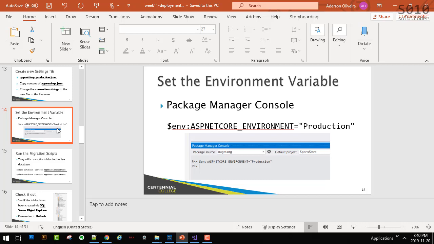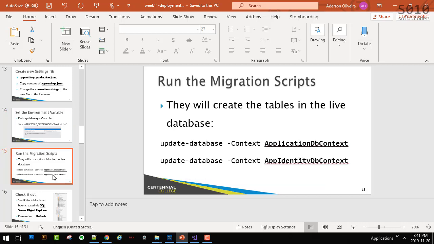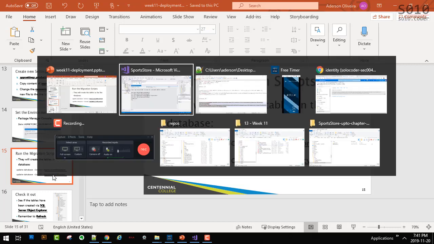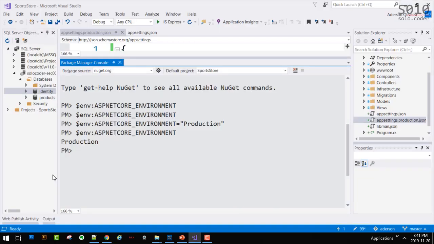So by setting it to production, when we run this command here, package manager will figure out, oh, is there a value in this variable? Yes, production. Okay, so give me the appsettings.Production. Right now, because it was empty, it was going to this one here.